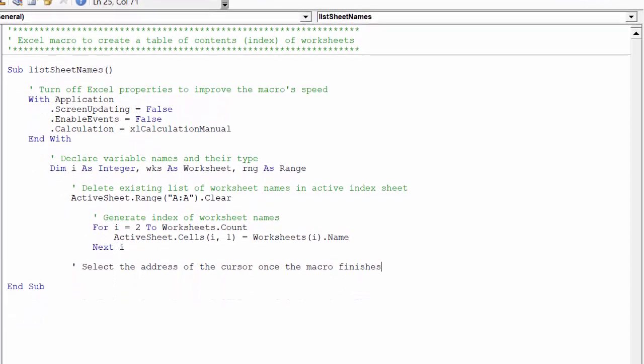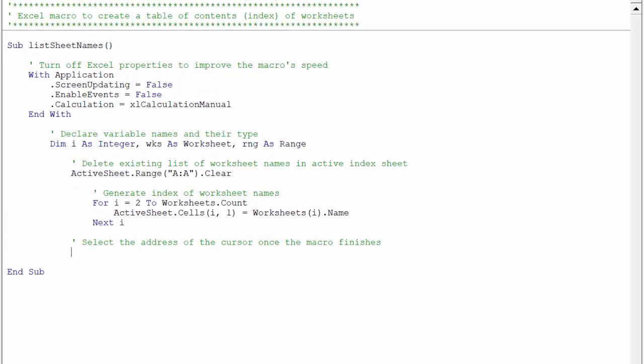We will now move the cursor to cell A1 as soon as the macro is finished.